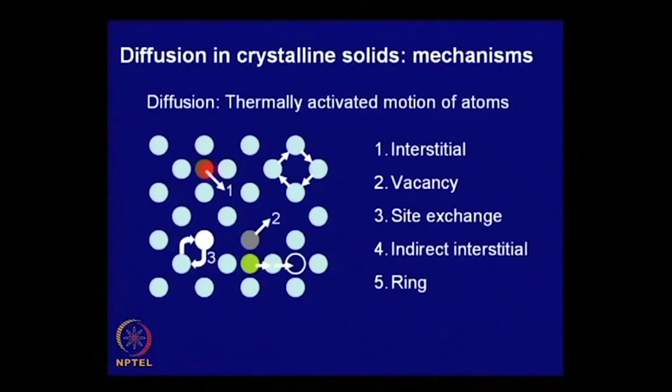Now, let us look at the mechanism of diffusion in crystalline solids. Solids that we will mostly be dealing with are cubic. The majority of metals, maybe 2/3 of all metals which are known, have a cubic structure. Cubic structure has very high symmetry, and therefore, for all practical purposes we can assume that diffusivity is the same in